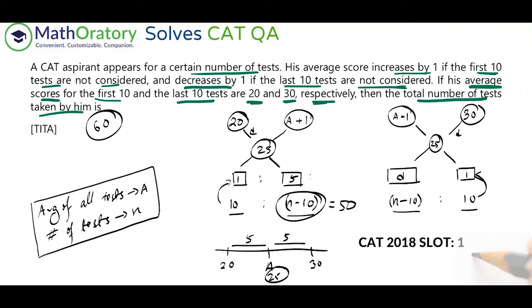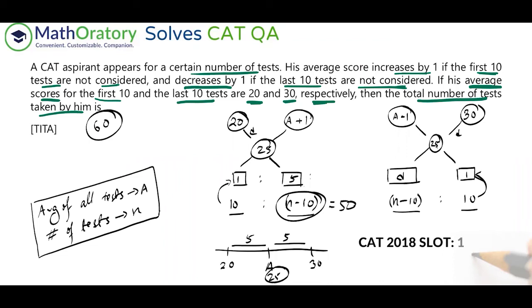So this is an easy way to figure it out. So it's a smart way to apply alligation. I mean, even in previous CAT paper solutions, I've shown many questions in which you can smartly apply alligations. It's a very strong method. It comes from the deviation idea in averages. The basics is deviation, but then once you understand what alligation is, you understand how to apply it, it becomes very, very easy.